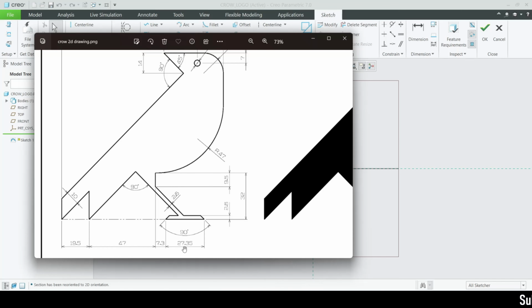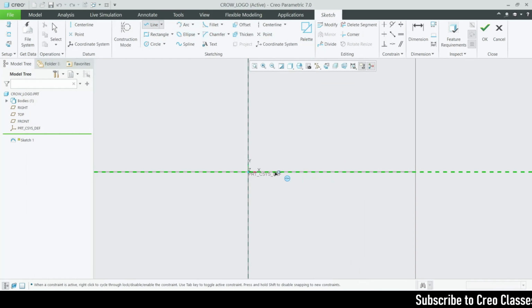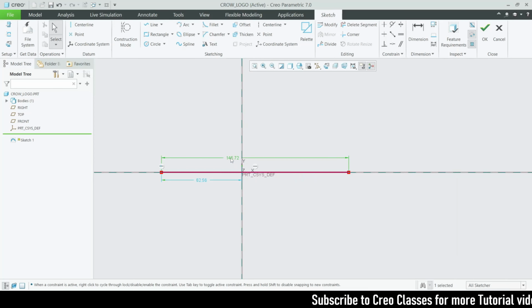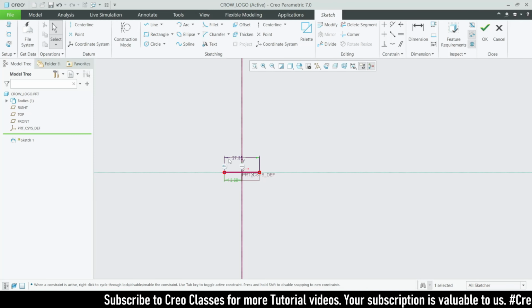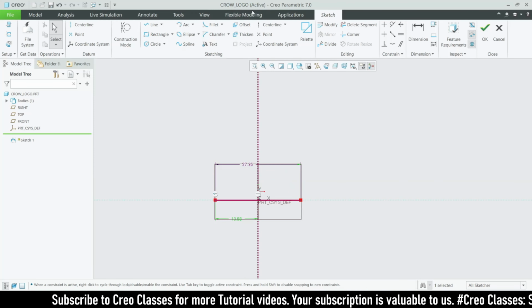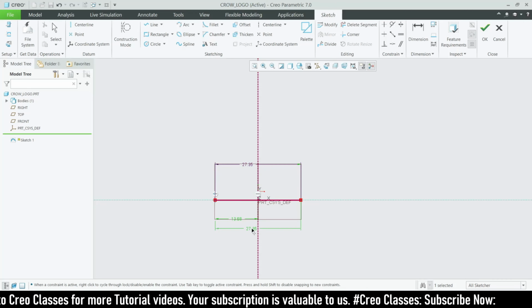So this length will be 27.35, so let's draw a line. Okay, like this. So this will be 27.35 and this will be 27.35, that will be divided by 2, as a center point. Or else you can directly draw a center line and then continue with the sketch. Okay, so this will be